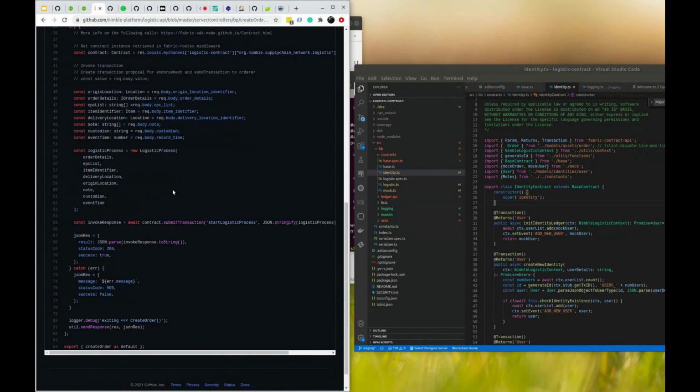So we are passing the ID contract name as it is. So we'll try to connect to that one, and then we can access the functionality of it and submit the transaction. So we can get all the required data from the request body, and if you want to do some sort of